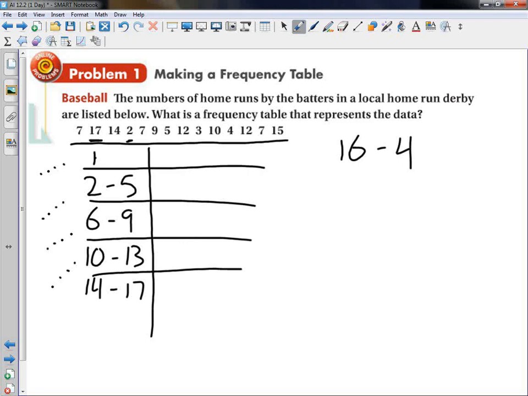So this is home runs. Over here, this is called frequency, right? So 2 to 5. So I'm going to count how many ones are between 2 and 5. So I have 1, 2, 3, 4. And I'm crossing them out when I get done so I can keep track. Between 6 and 9, 1, 2, 3, 4. Between 10 and 13, 1, 2, 3. And between 14 and 17, 1, 2, 3. So that's a frequency table